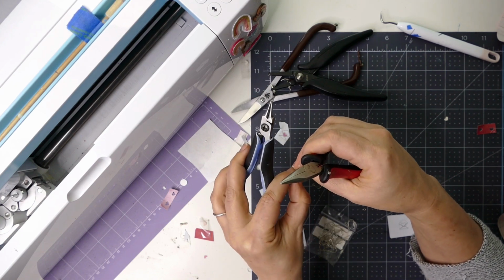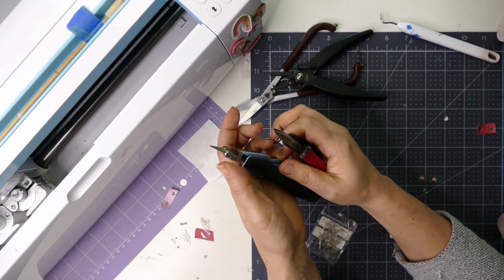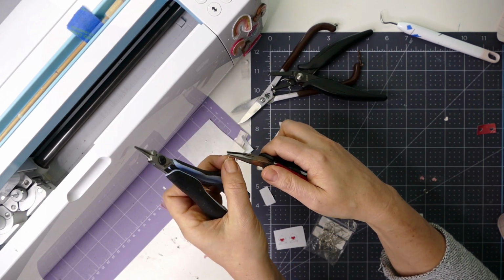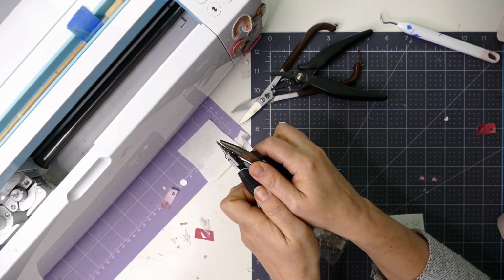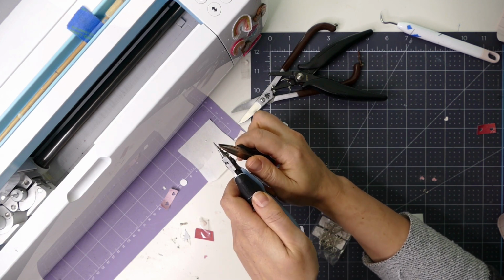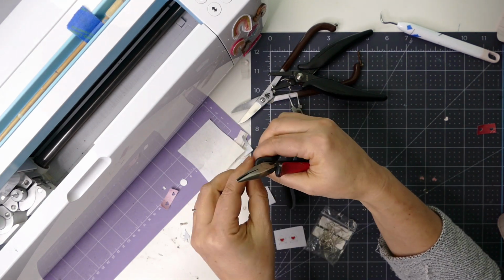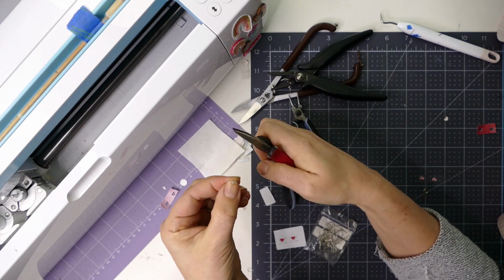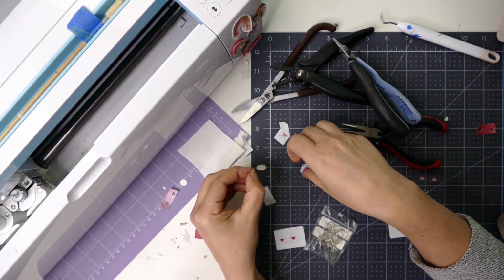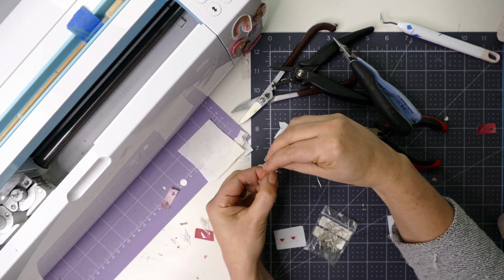Okay, so you're gonna do it so that the cut part of the jump ring is right even in between your 2 pliers. Let's see if you guys can see this. And then it's all in the wrist. It's a wrist action. So it's not necessarily hands, but you're just going to turn away from you, really straight on, so that you're basically not changing the shape of the circle, you're just opening it. And you only want to do a little bit. I maybe did more than I needed to. And I'm going to thread this on. And then I'm going to thread on my...